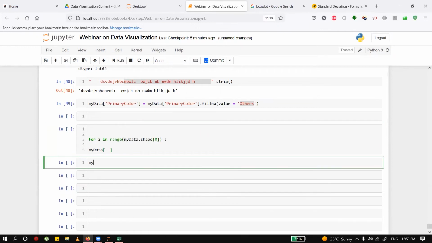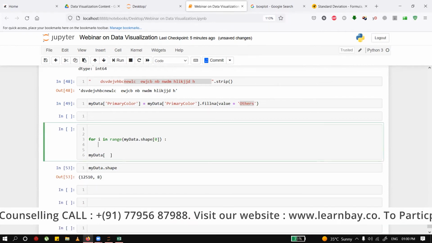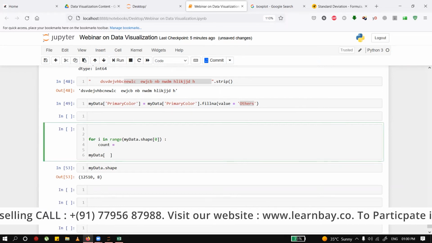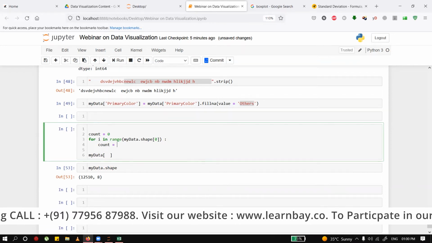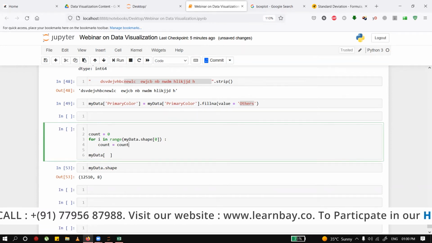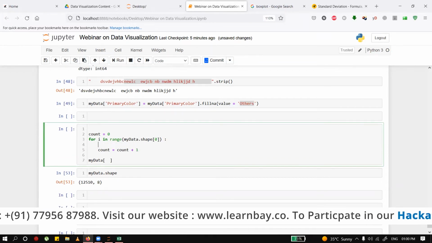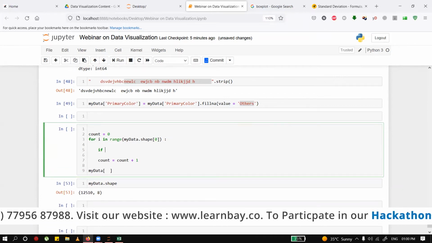Actually, my data shape gives the rows and columns. I'm looking to put a loop on the row side, and I'm looking at my count. I'm going to count the number of records. Count will be increased by 1. Under what scenario is it going to be increased by 1? It should be increased by 1 under the scenario if my